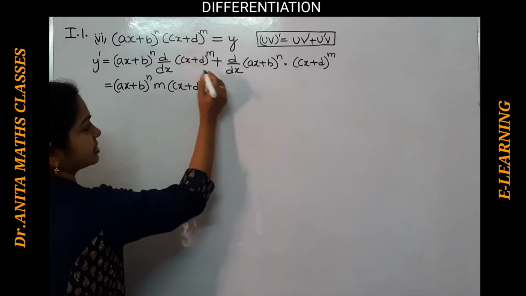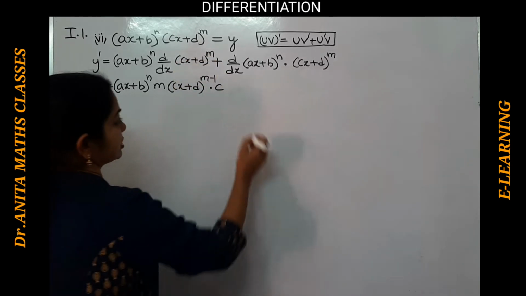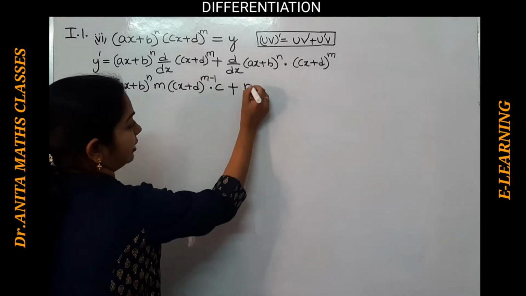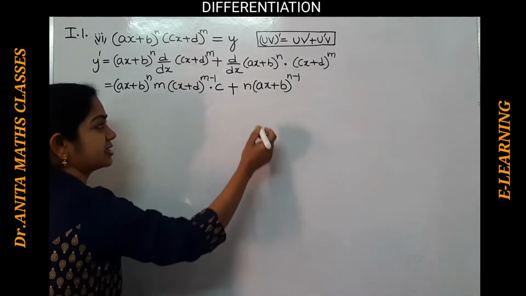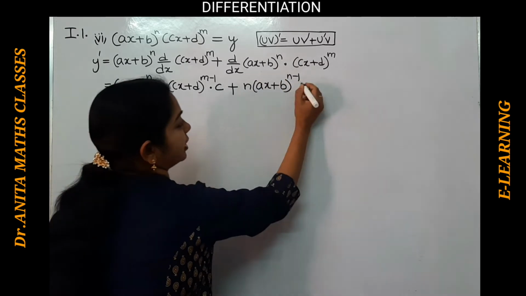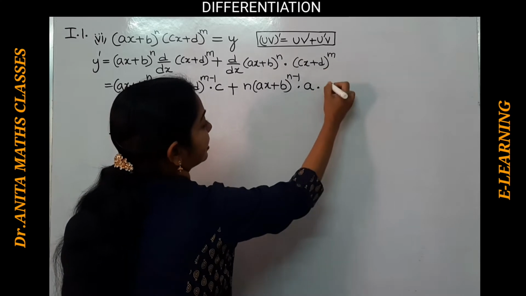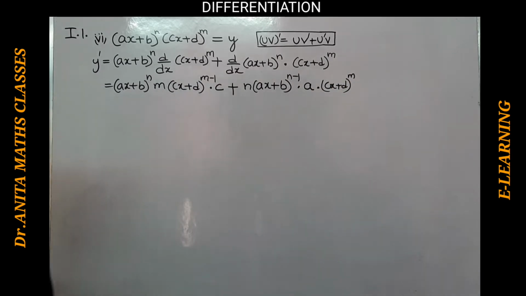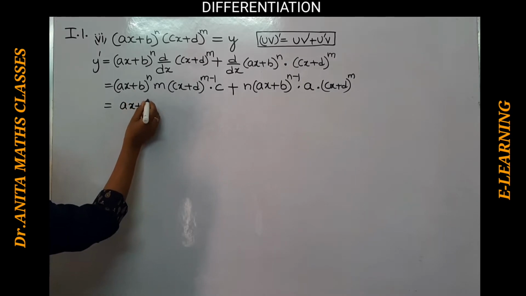If you do the derivative of cx plus d, the constant comes out, so just c. Here derivative of the constant is 0, plus, now the derivative of this, the same x to the power of n function. So n (ax plus b) to the power of n minus 1. Again, since this is not the standard one, we have to further differentiate it for ax plus b. d by dx of ax, so a comes out, plus d by dx of the constant is 0, multiplied by, we have (cx plus d) whole to the power of m.